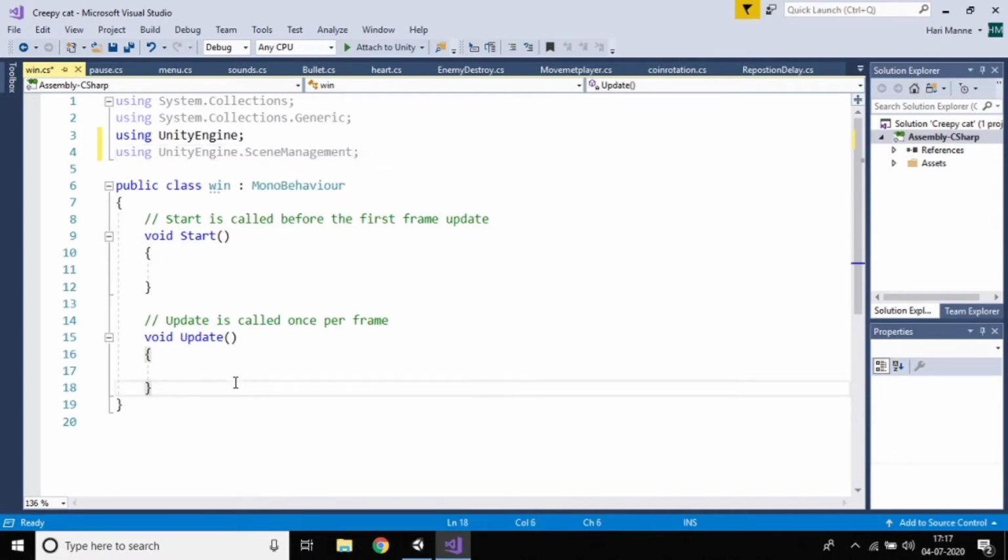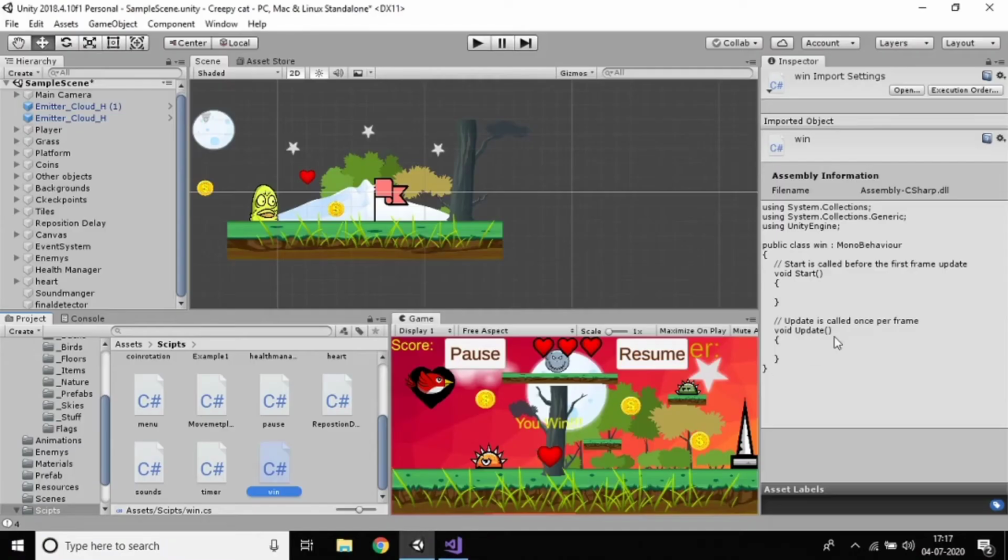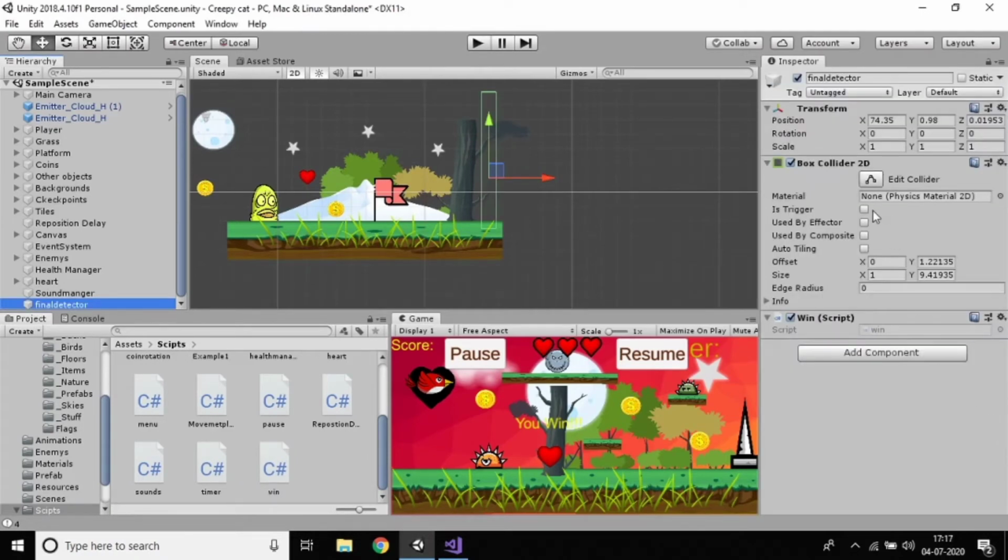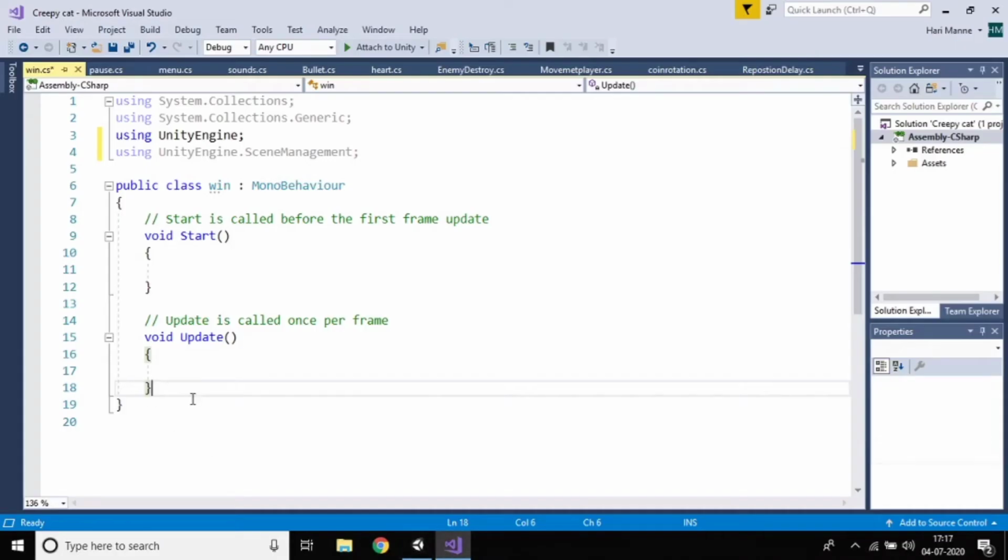So we'll get the you win scene if it collides. You can use OnCollisionEnter or OnTriggerEnter. I'll use OnTriggerEnter.